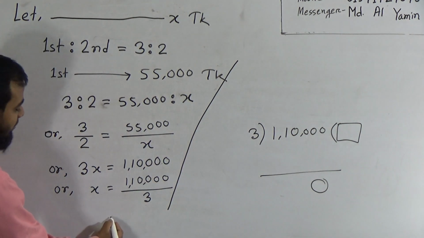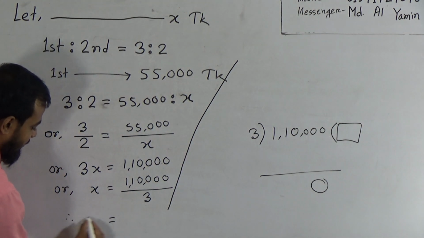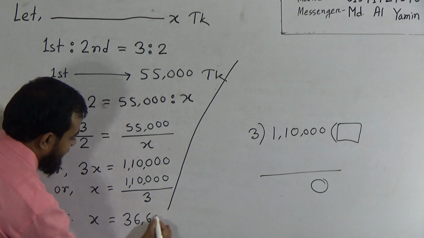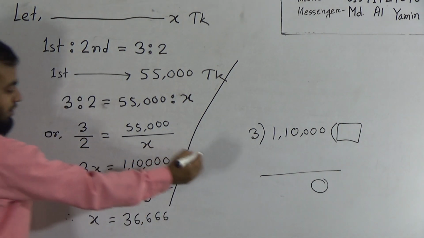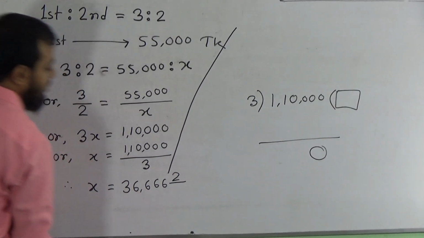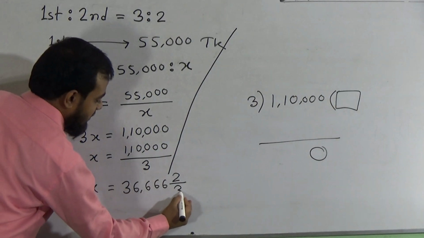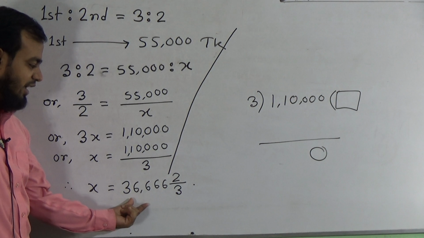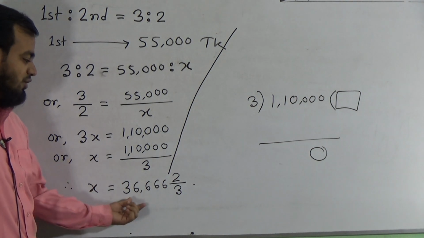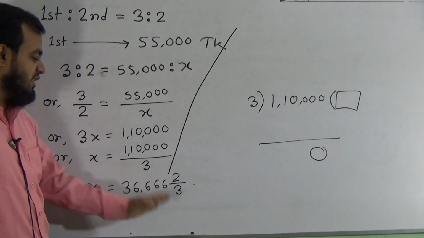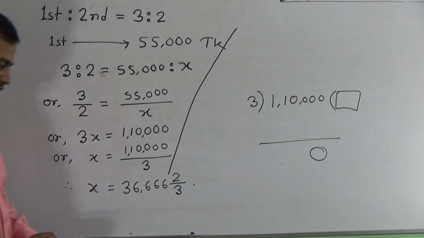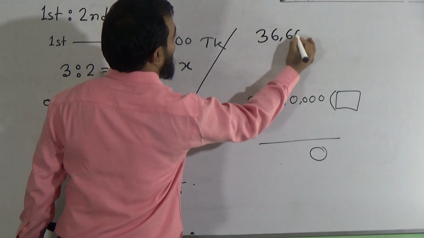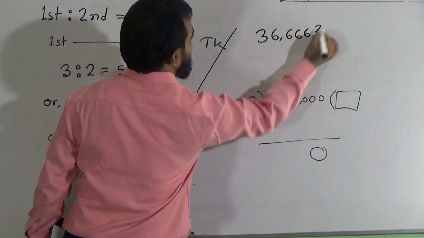Therefore X equals, our quotient will be 36,666. Our remainder will be 2, that will be our numerator, and our denominator remains unchanged. This is our answer for the second computer's price. That means this is the price of the second computer when we convert this improper fraction into a mixed fraction, or you can write this as a decimal number, that will also be correct. I am writing the price here because it is needed for activity C. When you solve activity C, this price will be needed, that is why I write it down here.